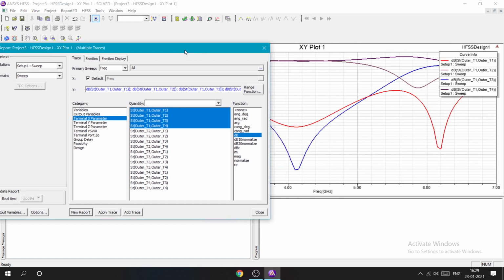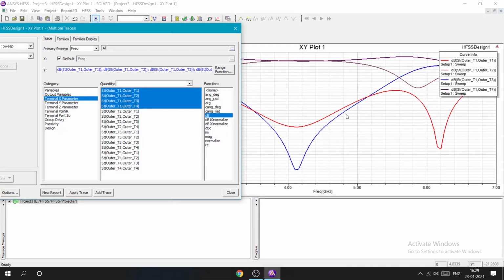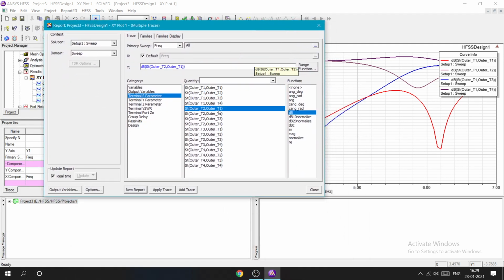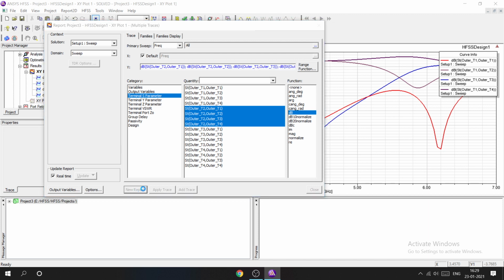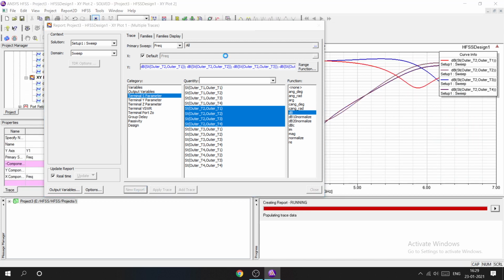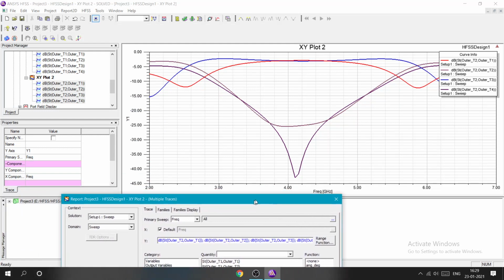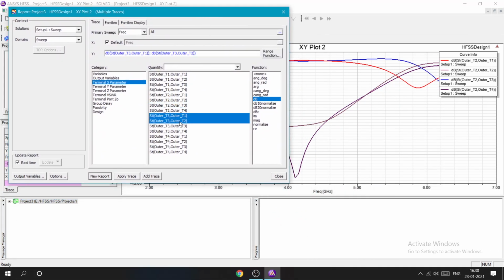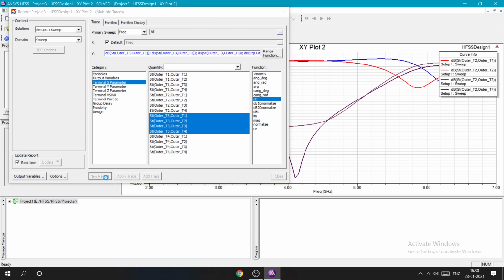So you can see the graph, neat graph over here. Okay, and then if you want for the S21, hold Control, S21, S22, S23, S24, new report. This is for all the S2 thing, and for this S3, S31, S32, S33, S34, new report.